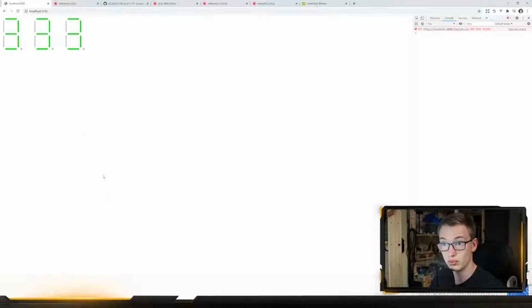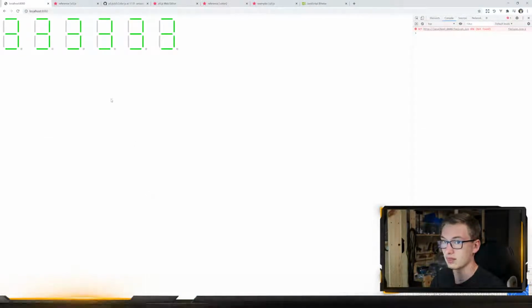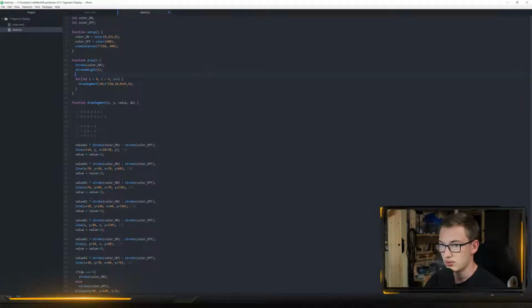And we got 3. Oh, we have a problem with our canvas, because we only said it should be 400 by 400, which is too small for our 6 displays. So let's say 7 times 150. And now we have 6 7-segment displays, all displaying a 3 because we told them so to do. Great, let's do